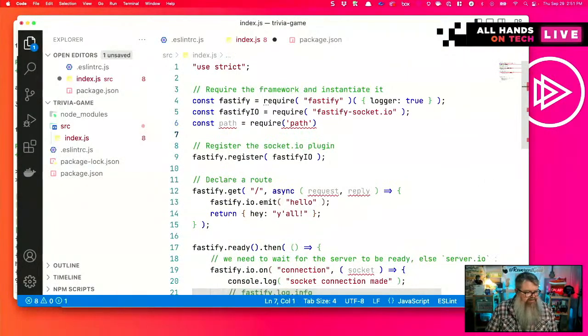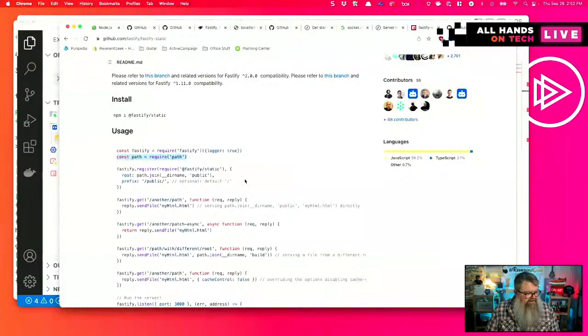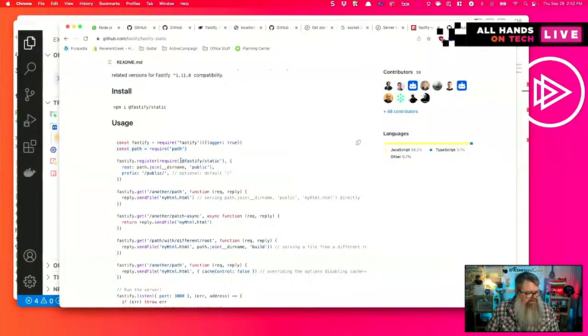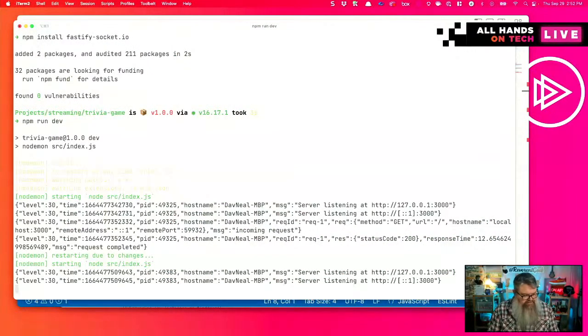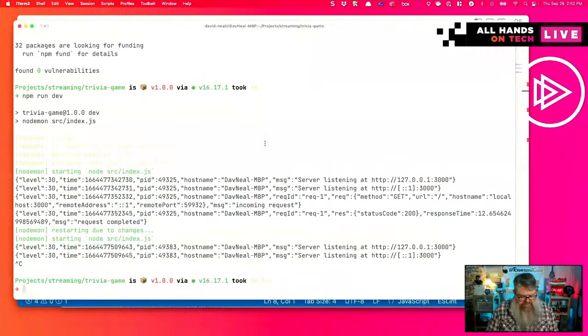Path is a built-in Node.js library used to look at directories and file name paths. And I'm going to install this Fastify static plugin. Let's do that here. npm install fastify static.